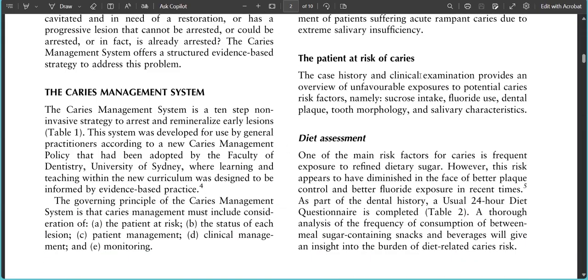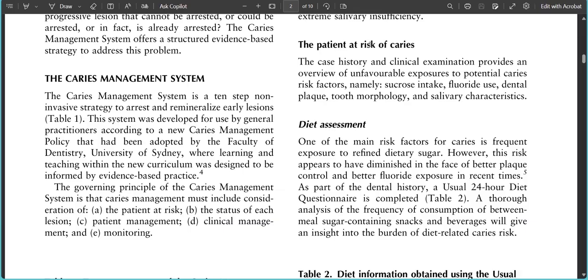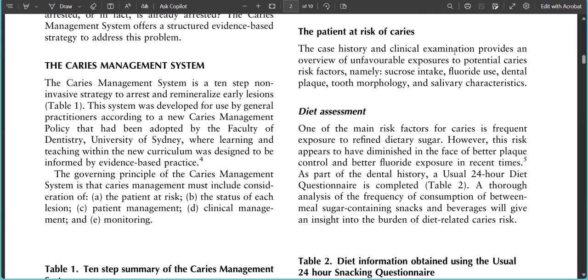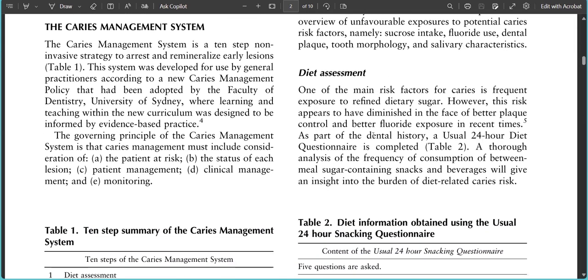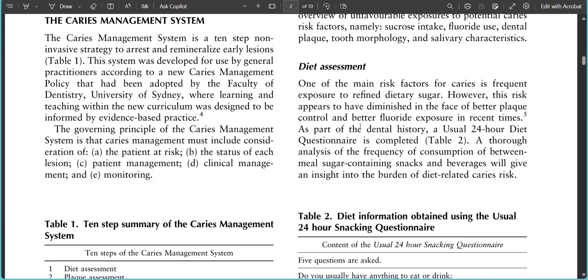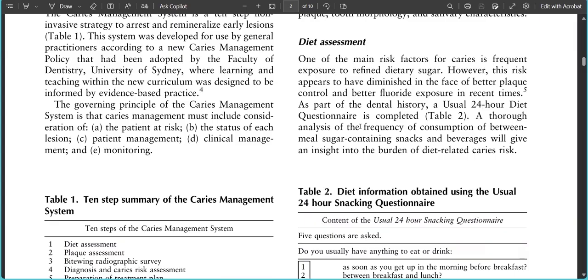Okay, so now, the patient at risk of caries. How will we find out whether our patient is at risk or not? By taking history and doing the clinical examination. Okay, so for dietary assessment, we need to give them the diet diary that they will fill in. We ask them to write down whatever they are eating and what time they are eating for 2 weekdays and 2 weekends, so that we can assess it in the next appointment and work